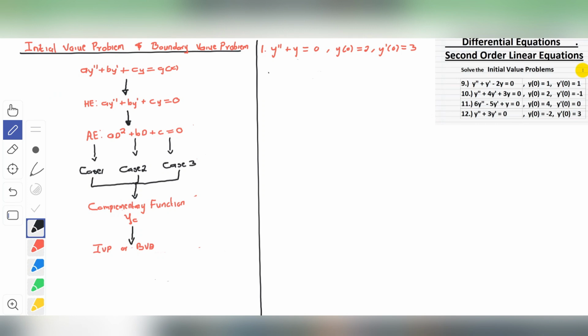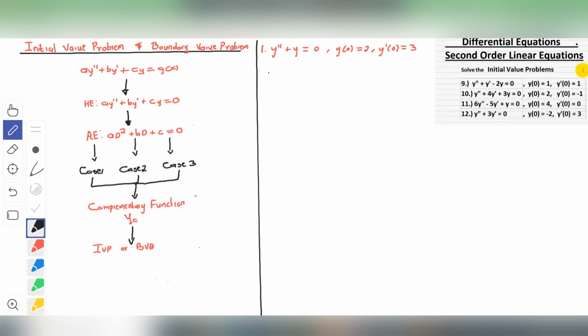Remember that in the differential equation of second order linear equations, whenever we find the complementary function, we follow all those three steps, check the case, and then find the complementary function. It will be either C1 e to the exponent of something, and then C2. So in simpler terms, in the initial value problem, they want us to calculate those unknown values, which are C1 and C2,